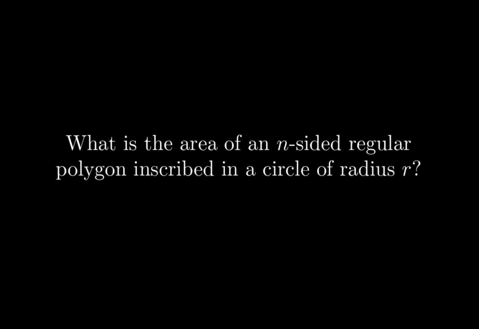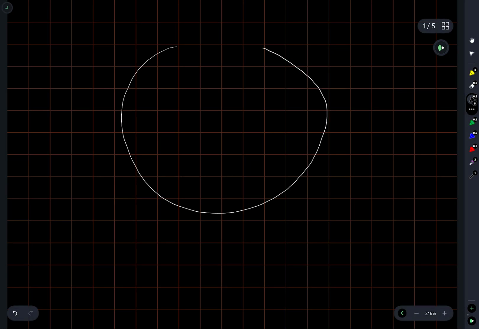What is the area of an n-sided regular polygon inscribed within a circle of radius r? So this should just be a straightforward geometric computation, which means I'm going to start by drawing a picture. Close enough to a circle. So we have, and what I want to do here